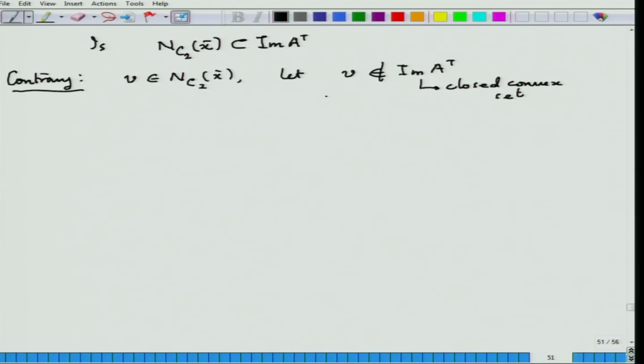We should do the following. I can now apply the separation theorem. So, there exists a P not equal to 0, P an element of Rn, such that